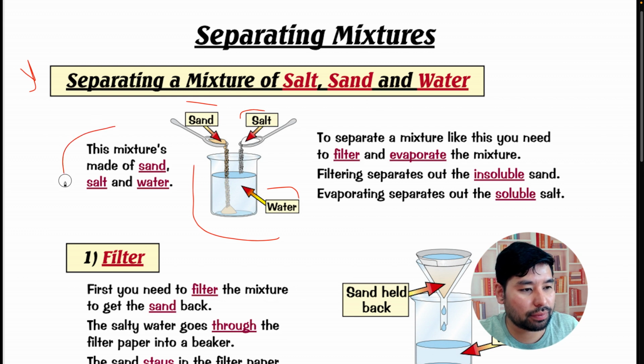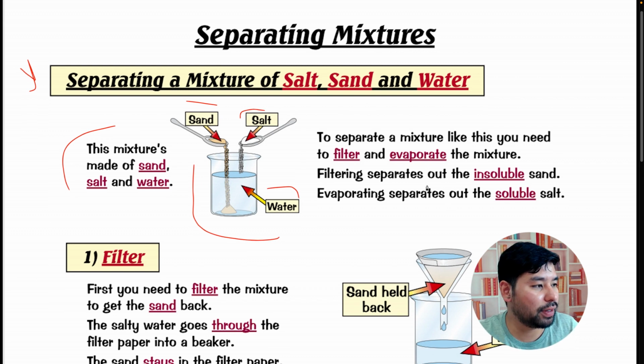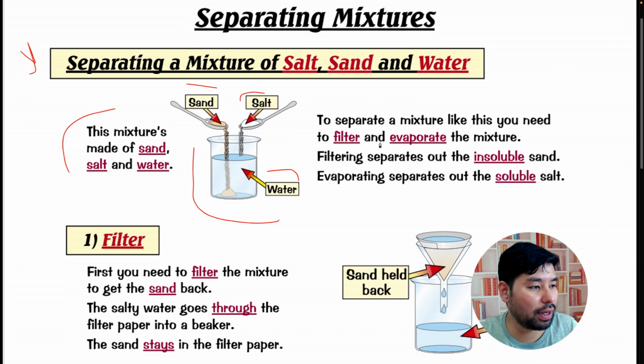So let's see. These mixtures are made of sand, salt, and water, as I told you before. Let's read here the process. How it works. To separate a mixture like this, you need to filter and evaporate the mixture. Filtering separates out the, wow,